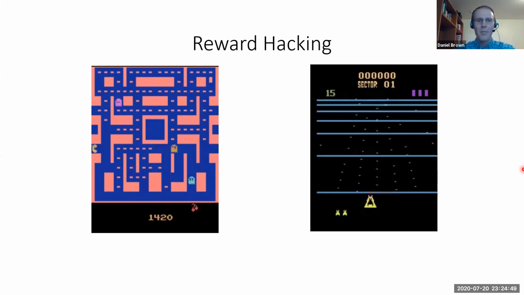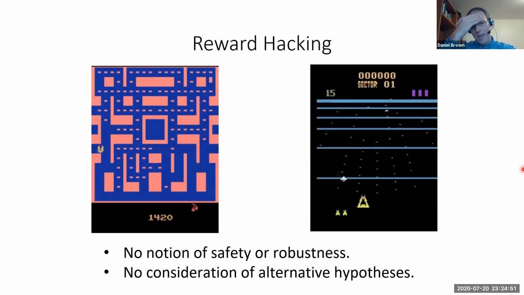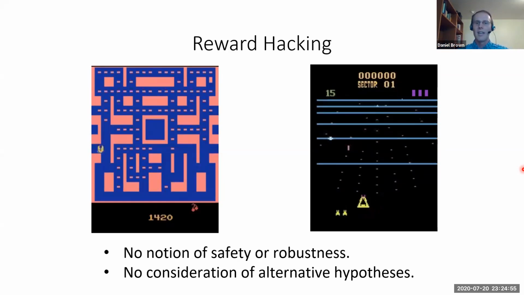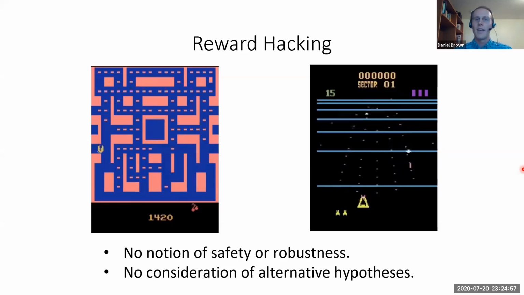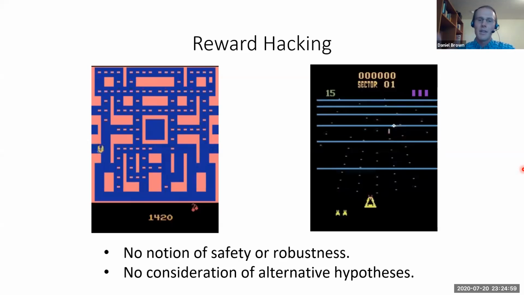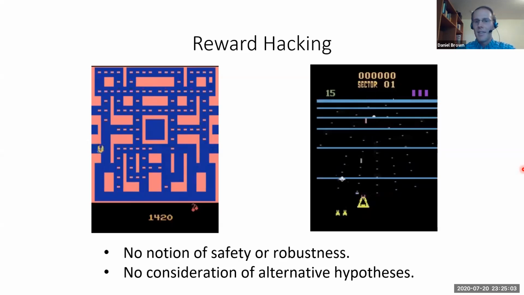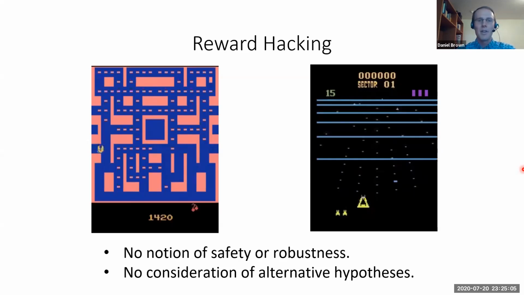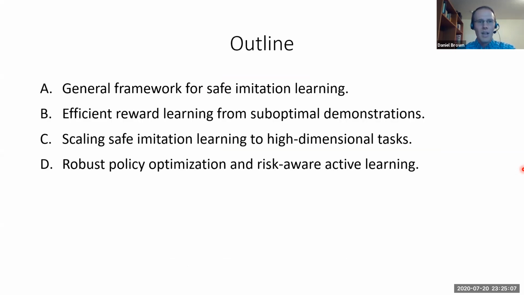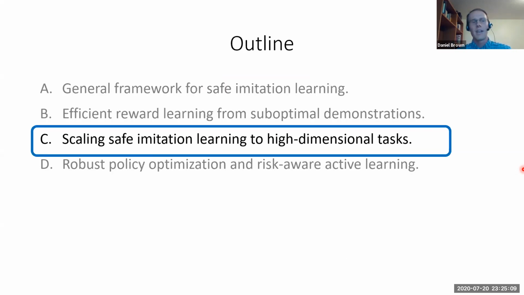So I think this drives home the point that so far these methods we've talked about, DREX and TREX, are really just finding a maximum likelihood hypothesis, and they may be overfitting to certain features in these ranked demonstrations. There's no notion of different hypotheses that might match the rankings, no notion of safety or robustness. So this is going to motivate us to go back to part A,